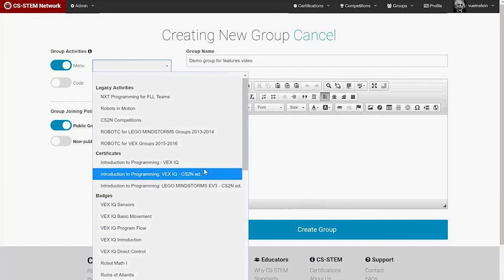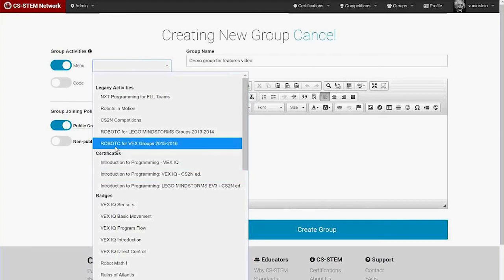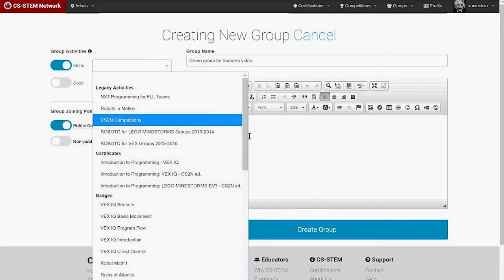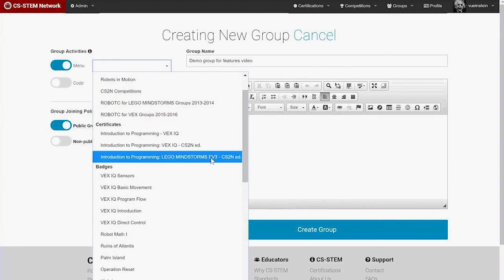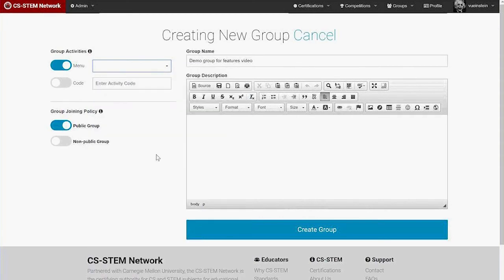So let's say I chose, let's pick one, let's do this one. Introduction to Programming Lego Mindstorm CV3. Okay. And then whether or not I want to